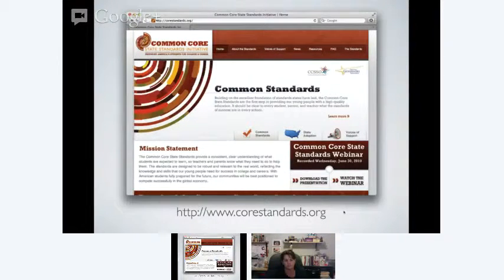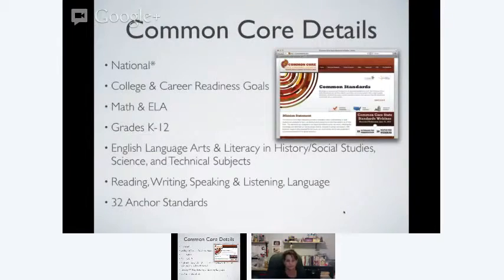I'm sure many of us have seen the Common Core standards before and have some experience with them. If you're not super familiar with them, a couple of overviews. One, they're quote-unquote national standards. Basically, there was a group that created them, and then states chose to adopt them. When states made their adoptions, they could actually add up to 15% more information. In California, we did that, and we adopted them back in 2010.